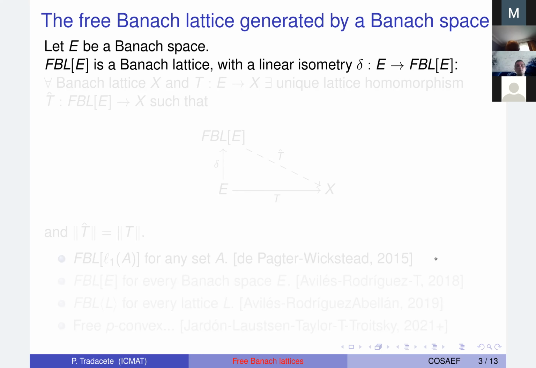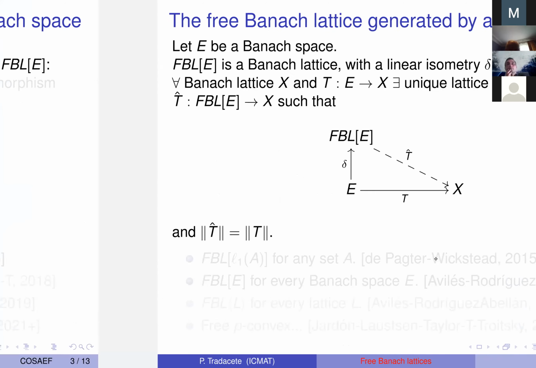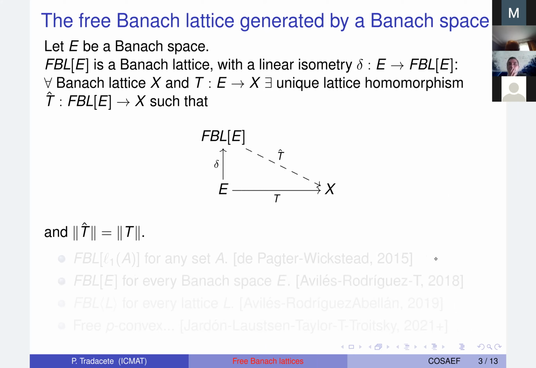Okay, so one way to express this, which is very convenient, is by using the following universal property. One can use this as a definition for the free Banach lattice generated by a Banach space E. So maybe it's better if we just look at the diagram in the picture here. You have this delta, which is just a linear isometry between E and its image in FBL of E. And the universal property we have is that whenever you take any Banach lattice X and any